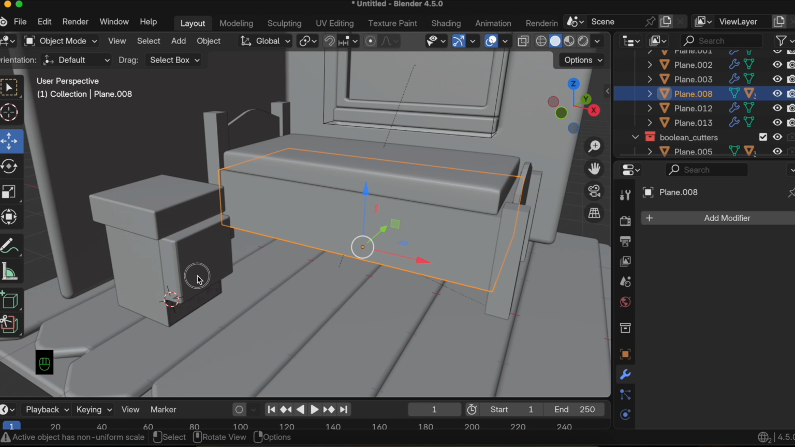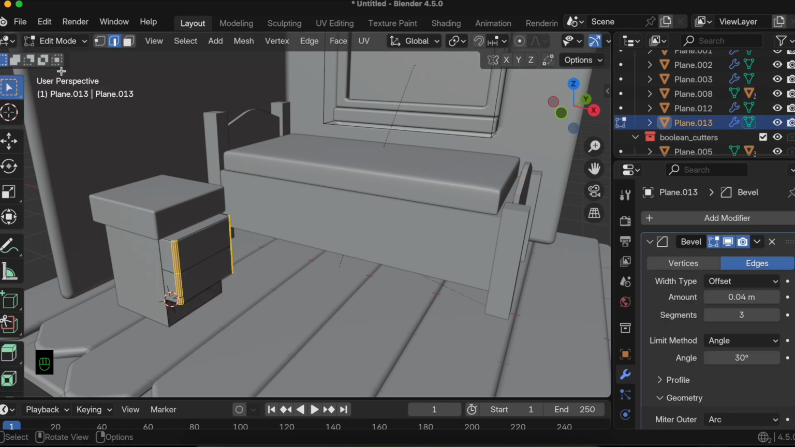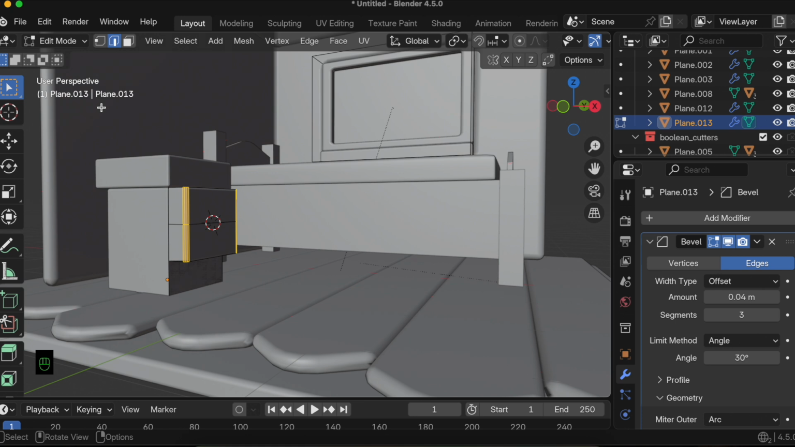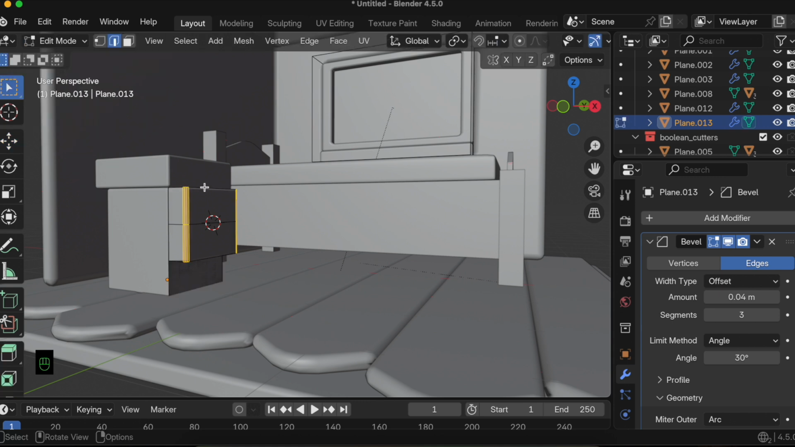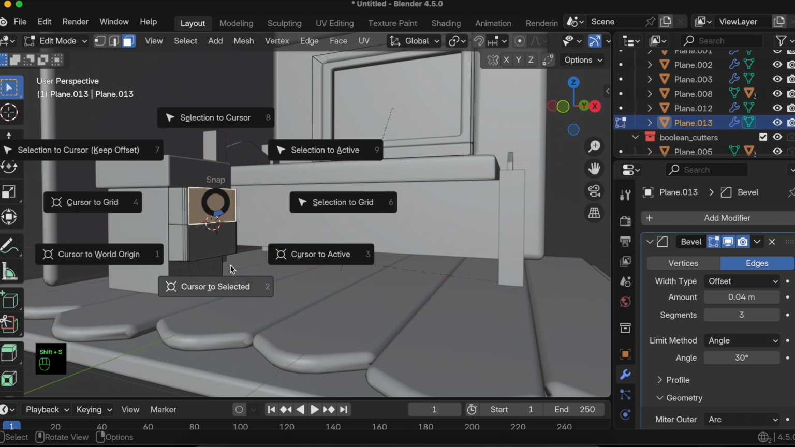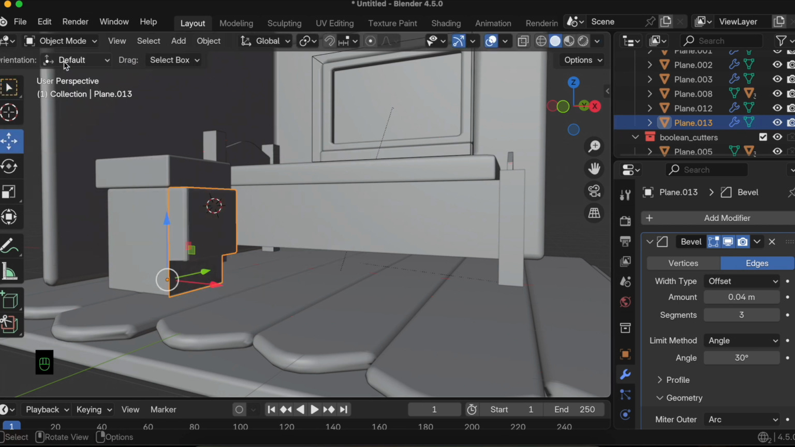Okay, let's just select our drawer, go to edit mode, and let's just do Shift S, cursor to selected. I think I've made a mistake, sorry about this. I'll go to object mode and select this one. Okay, yeah, let's go to edit mode and we'll select only the top face. Then Shift S, cursor to selected, then let's go back to object mode over here, then go to add